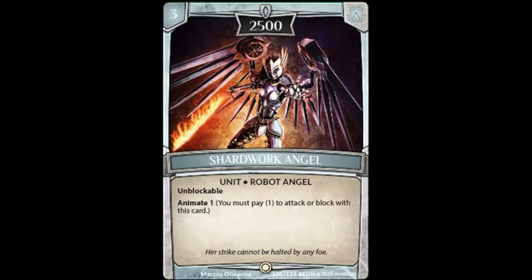Now we're going to take a look at our first SHARDWORK unit, SHARDWORK Angel. It's a 3-cost unit, robot angel with unblockable, and as you can see here, it has an animate 1. That means you need to pay 1 shard just to have it attack or block. So 3 cost, 2500 power is pretty good power for that cost, and it has unblockable, so it has a very good ability, but that animate is holding it back. So if you have that SHARDWORK Heart, you know, you're all Gucci. So not too bad, but you're going to see here there are some crazy good SHARDWORK cards in this set